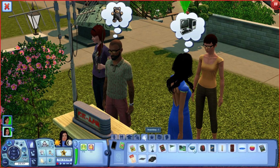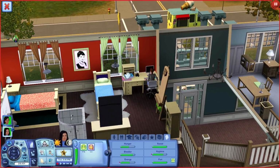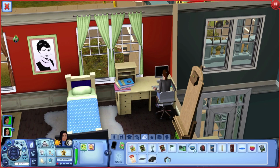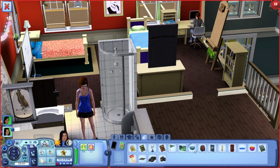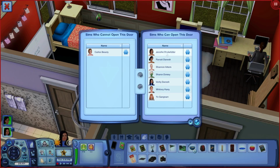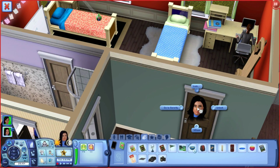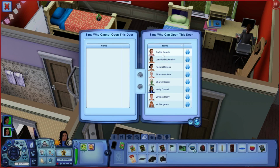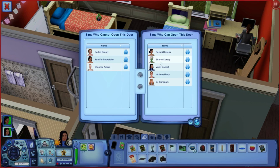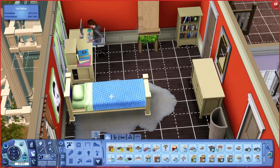Why don't you take... Oh, I didn't put her new camera in her thing. Hang on a second. There's the room. Girl, get out of here. I'm gonna have to lock the door. Hang on a second. Lock to... Let's specify. So, you cannot, you cannot, and definitely not you, Yi Gungum. And then we're going to do the same thing with this door. Stay out, bugger off, stay out, go away, goodbye. Thank you. And then just for good measure, we're just gonna